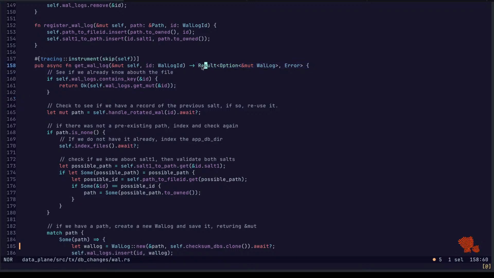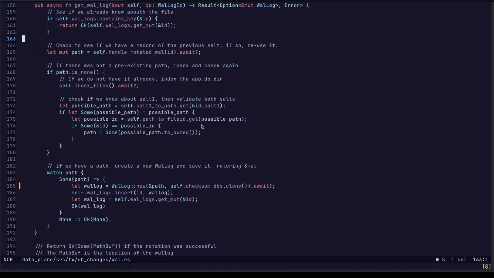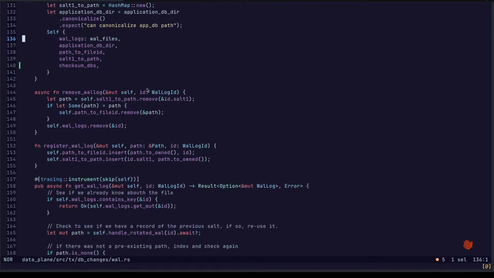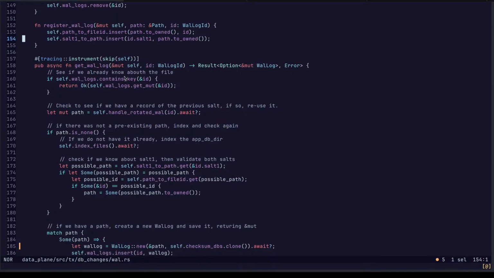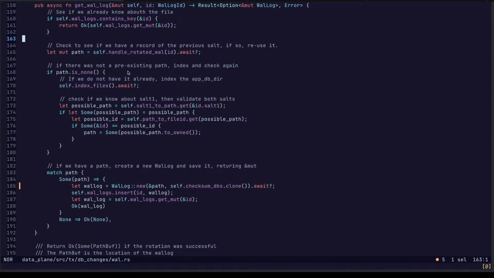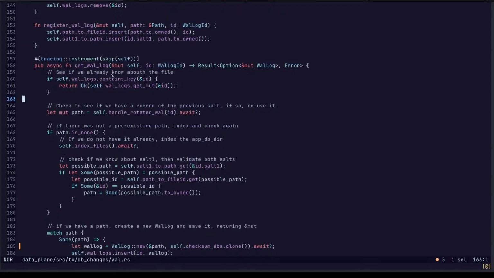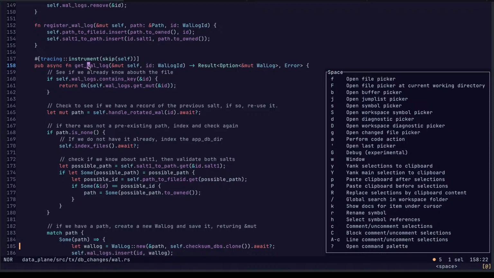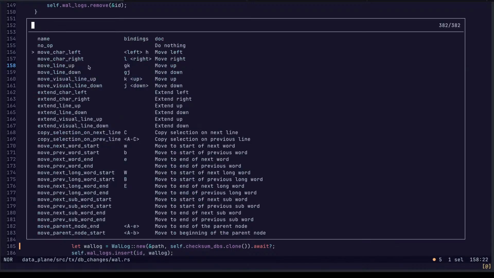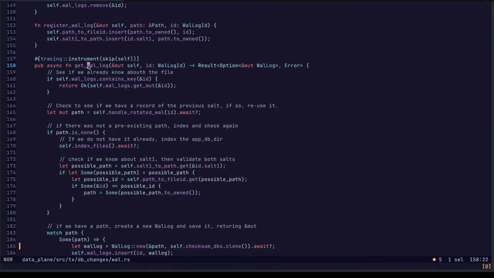And in these cases, we return something that's borrowed. Oops. Where were we? Wall log here. Haven't done that before.